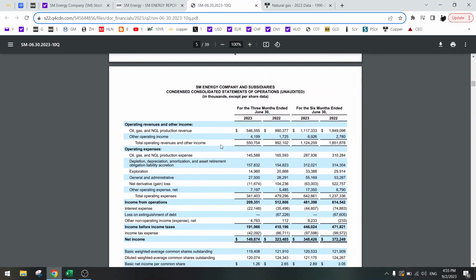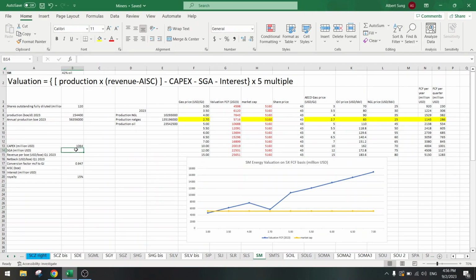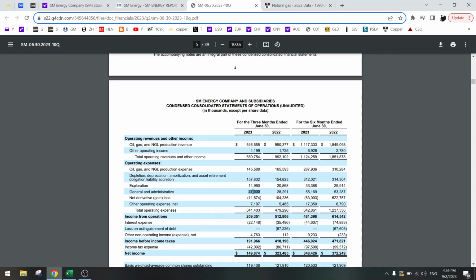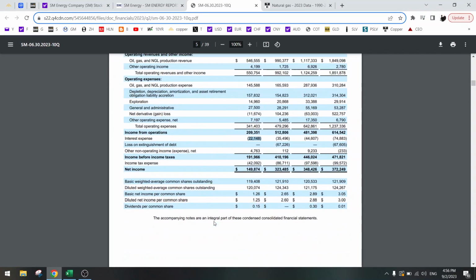Let's look at SG&A. So we have the revenue. SG&A is 27.5 times 4. And then we have interest expense. They have debt. So 22.15 times 4. Taxes,